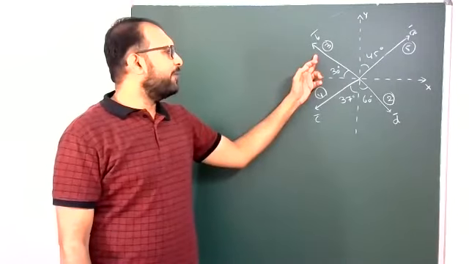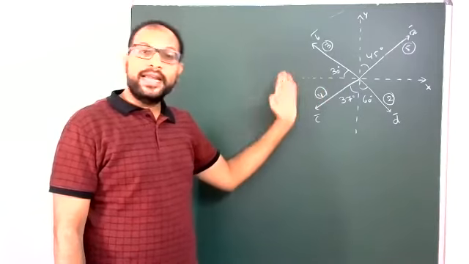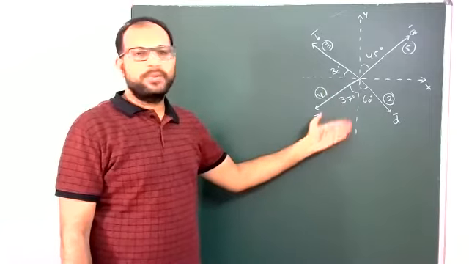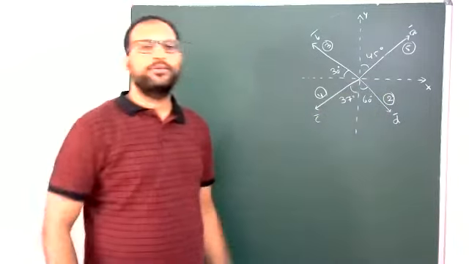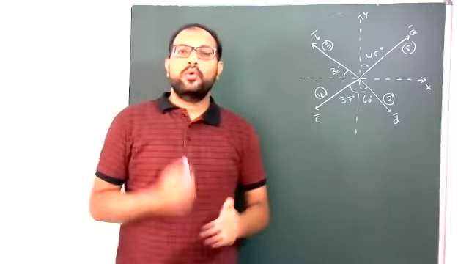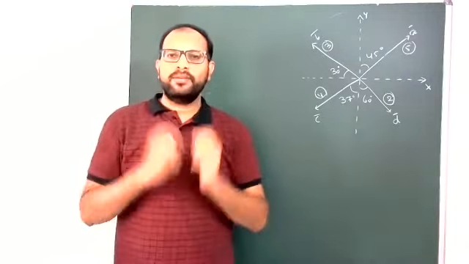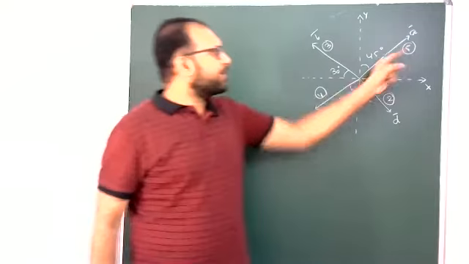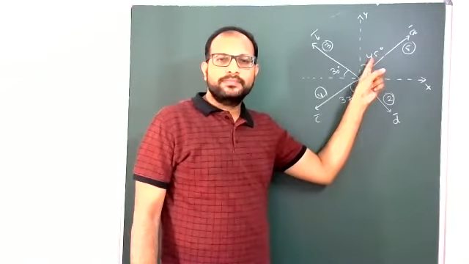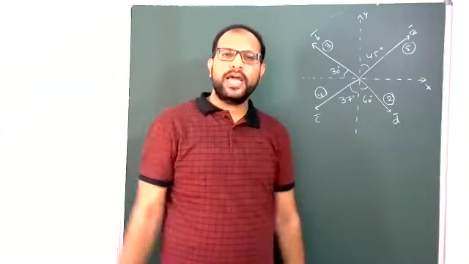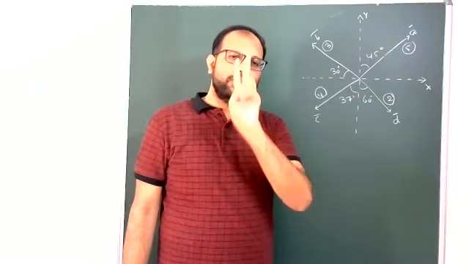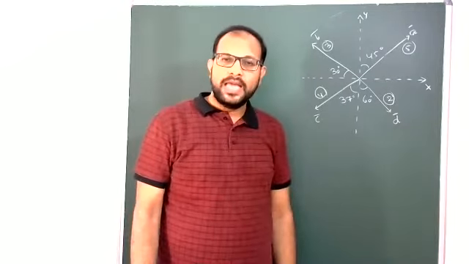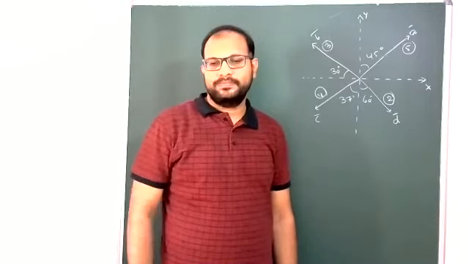But in the second vector, second quadrant, negative x, positive y. Third quadrant, negative x, negative y. Fourth quadrant, positive x, negative y. These are all coordinate components, one by one. First vector A bar: magnitude 5, angle 45. Students, it is only 2-dimensional, so you can use, actually, the 2 methods I explained yesterday. One is the cos alpha, cos beta method; another is the cos theta, sin theta method.